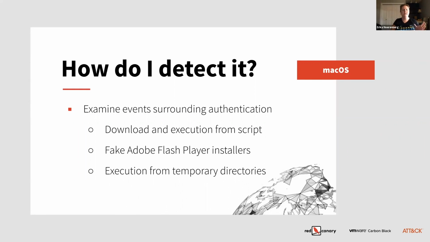So what you want to look at is, we actually have to look at the events that lead up to the authentication event and the events that happen after. So something like the download and execution from a script, and I'll give some examples of this. If you have something like curl or other system utilities that are common and commonly used on a system, especially in a development environment or your IT management, a lot of things are going to be automated. But the specific command line options that are used and the succession of events that script